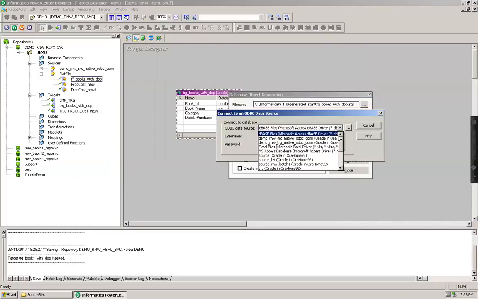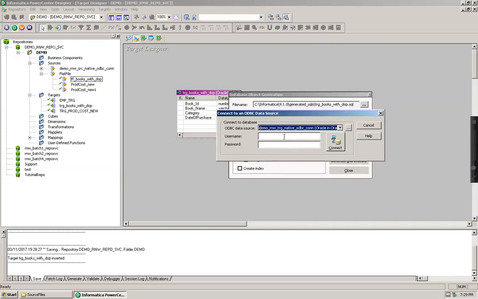I'm going to connect to the target. Let me see what my target here is. Okay, so my target is the demo RNW TRG native ODBC connection. The username is demo_RNW_TRG.